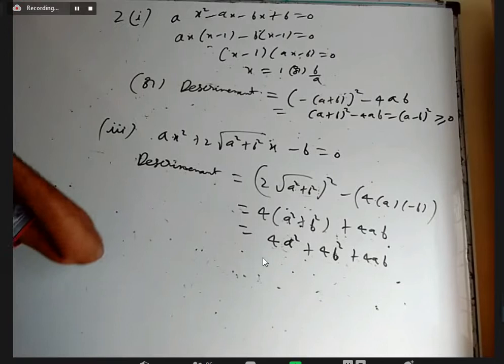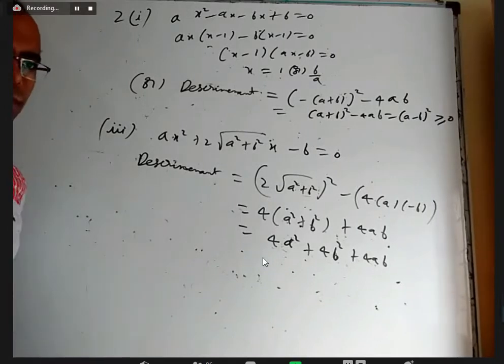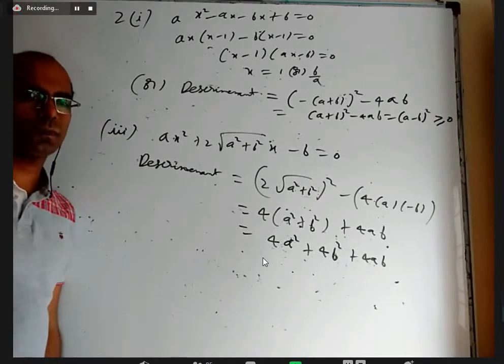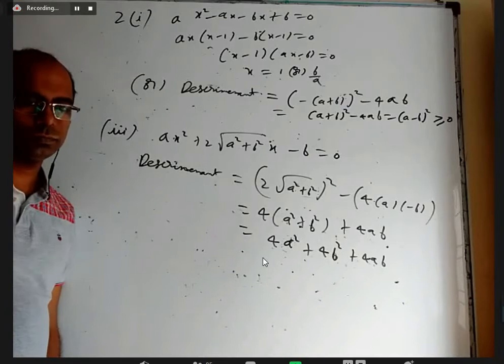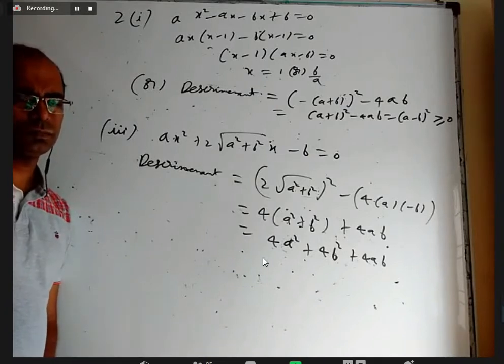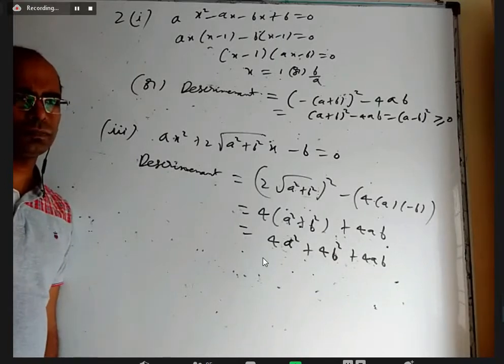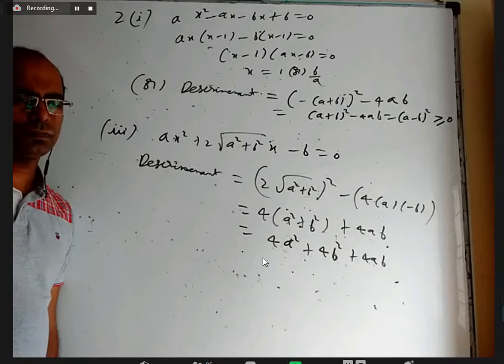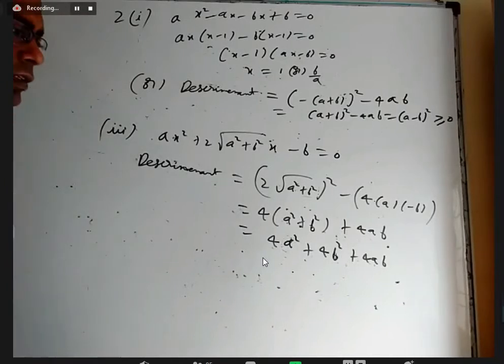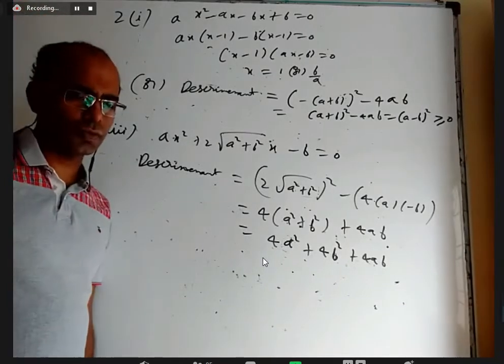Sir, yes, Lokeshwar. Sir, we can write it as 2a square plus 2b square plus root 2a whole square plus root 2b whole square plus 4ab. Then it is 2a square plus 2b square plus root 2a plus root 2b whole square. Then it is positive. Finally, you are saying it is a sum of many perfect squares.